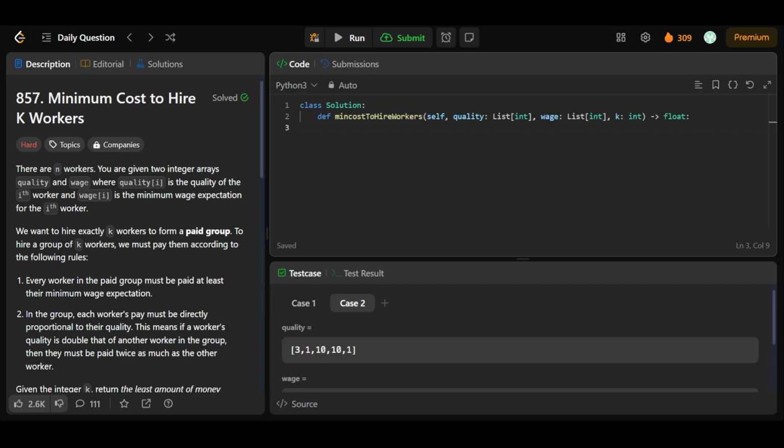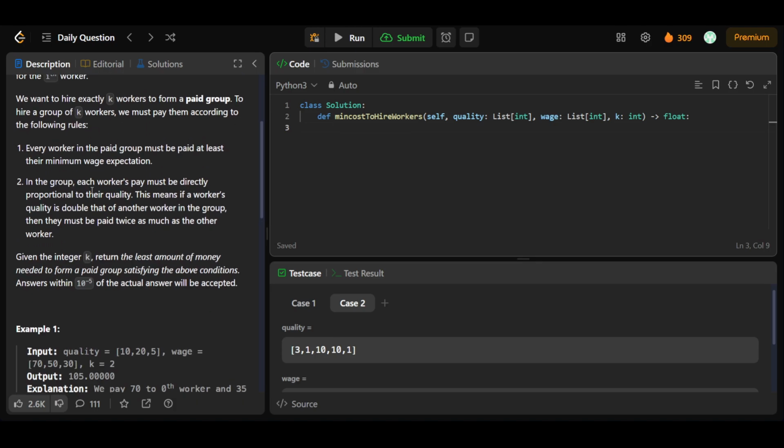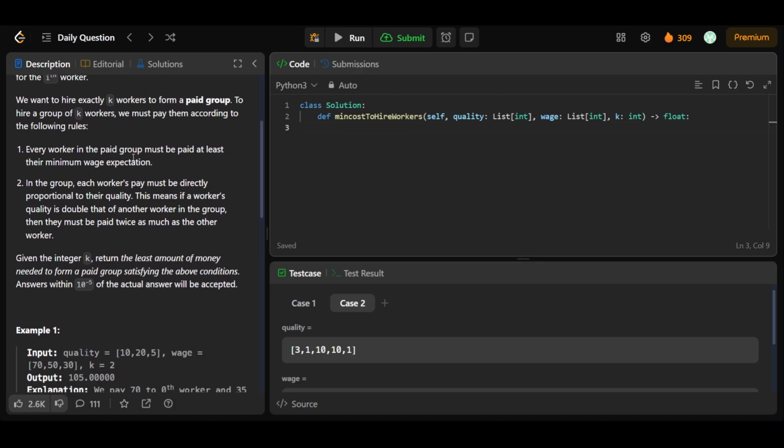So hello people, today we will be solving LeetCode Daily Question 857, that is Minimum Cost to Hire K Workers. In this we will be given n workers, and also two integer arrays, quality and wage, where quality is the quality of the ith worker and wage is the minimum wage expectation for the ith worker. We have to select exactly k workers from the paid group, and to hire k workers we have to